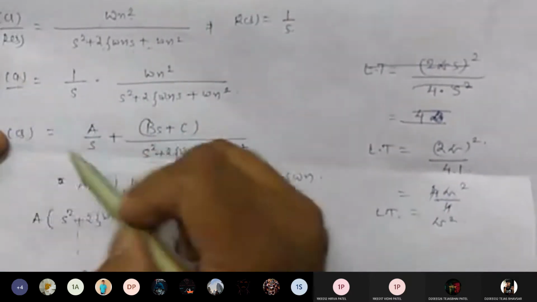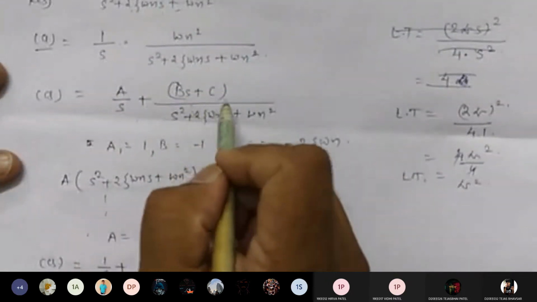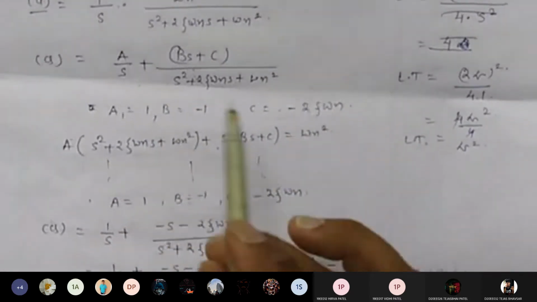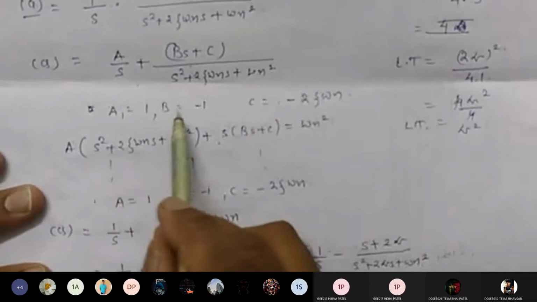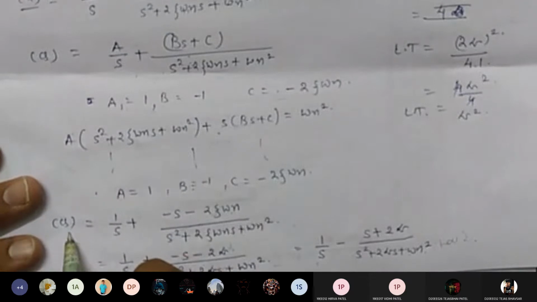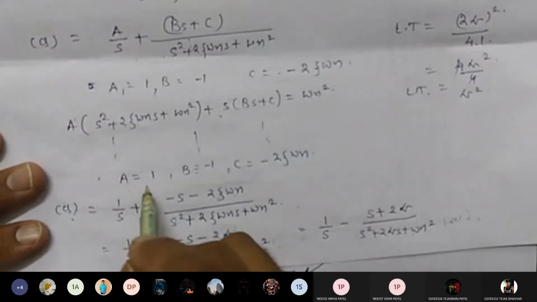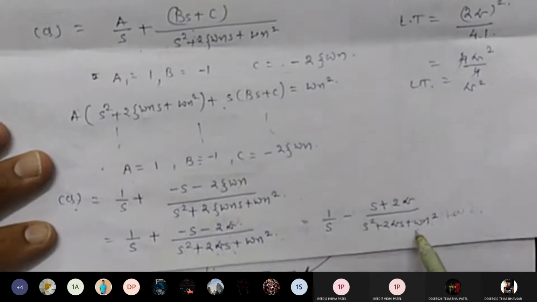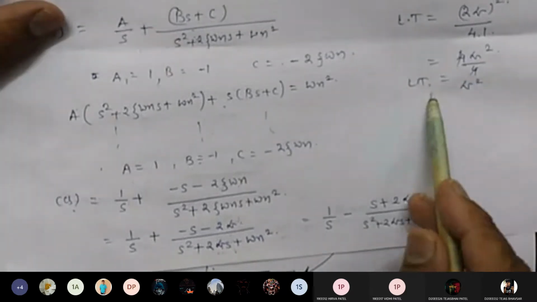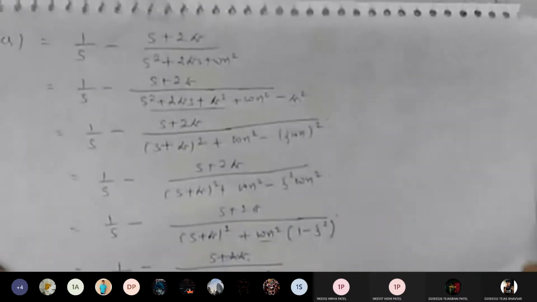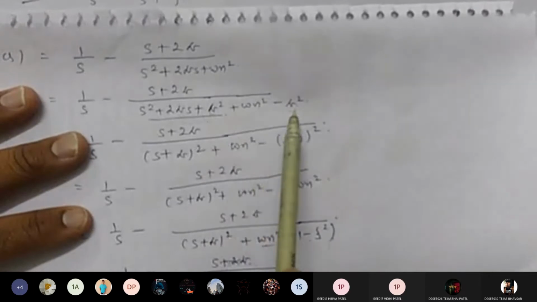In order to find C of t, we have to take the help of partial fractions. So A upon s plus B s plus C. We will get the values of A, B, C by any method you use for finding these coefficients. Then C of s is equal to, we will put the values of A, B and C. So we have got this, and over here we have an equation which does not have the last term. So we have found the last term, and after finding it we will add it and subtract it. So we have added it over here and subtracted.